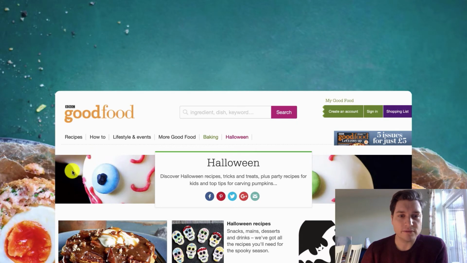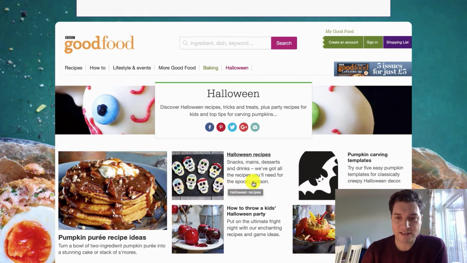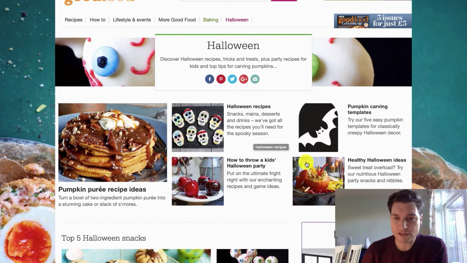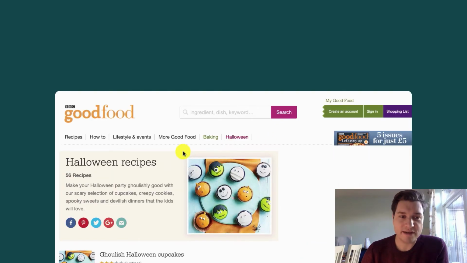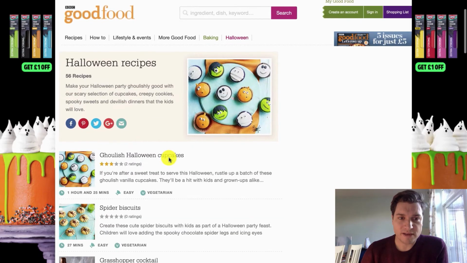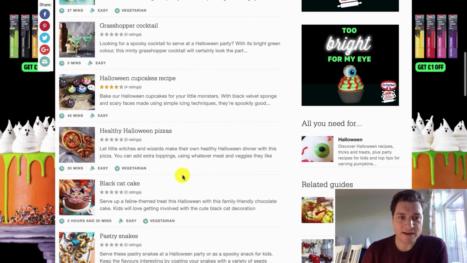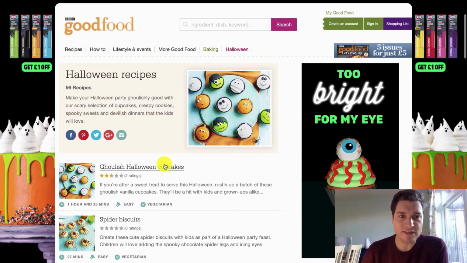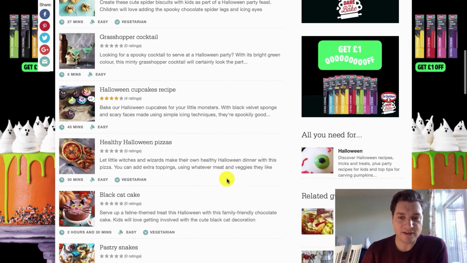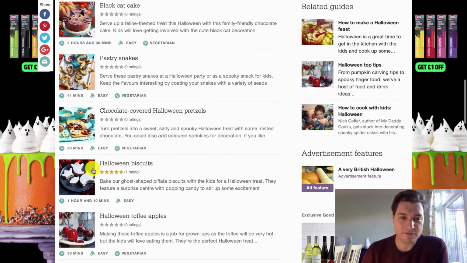So, right, some scary stuff. This looks good. Things for kids. I'm not too bothered about healthy stuff because we all like sweets. So here I am. I've got recipes, but okay. The problem I've got, I can't see any filters. I'm looking for a filter, but I can't find anything, which is annoying. So, biscuits. It's definitely not gluten free.